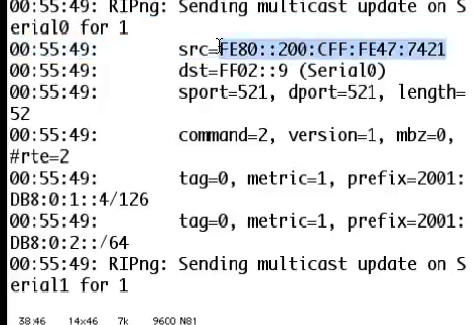But in any event, this is a link local address that we dynamically generate from our MAC address by inserting the FFFE, setting 1 bit here, and then the FE80. The destination is the link local multicast address for RIPng. It goes out serial 0. Source port 521, destination port 521. This is UDP, and the command is 2, which I think is an